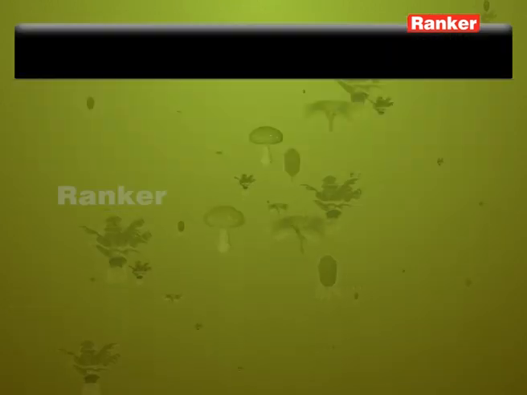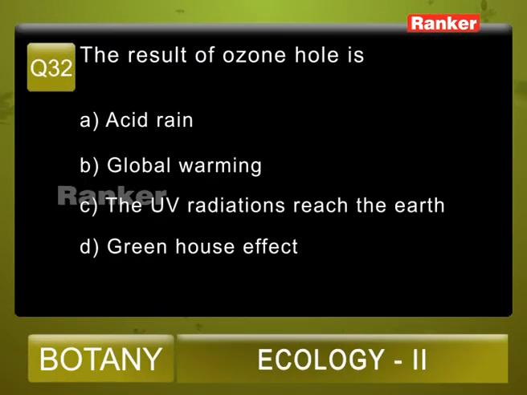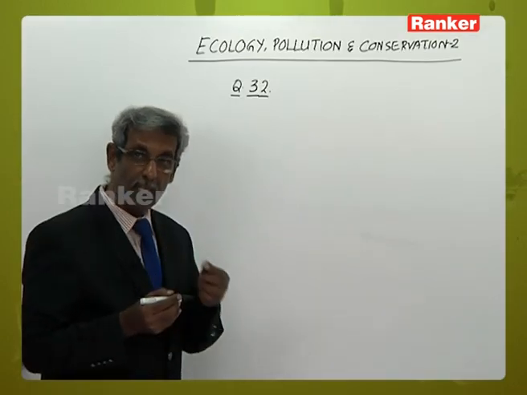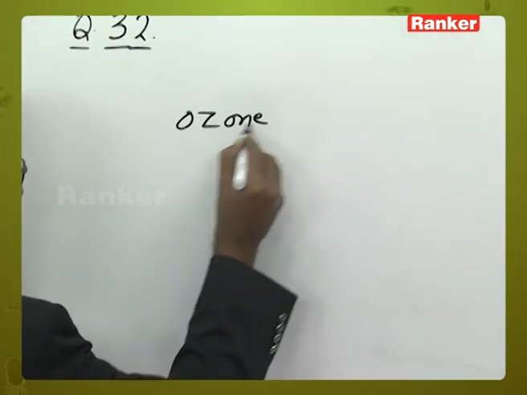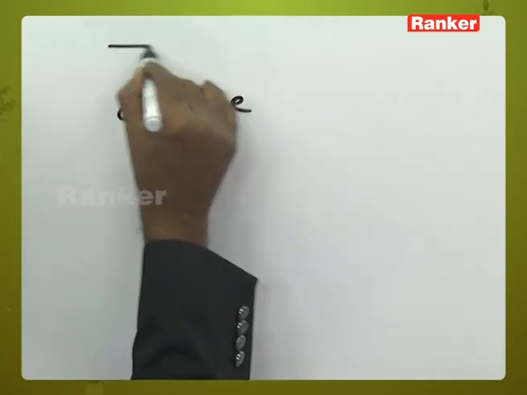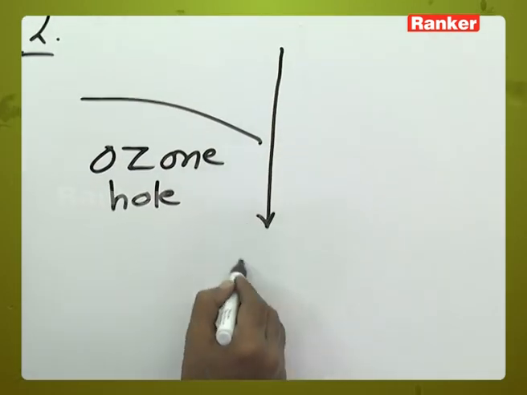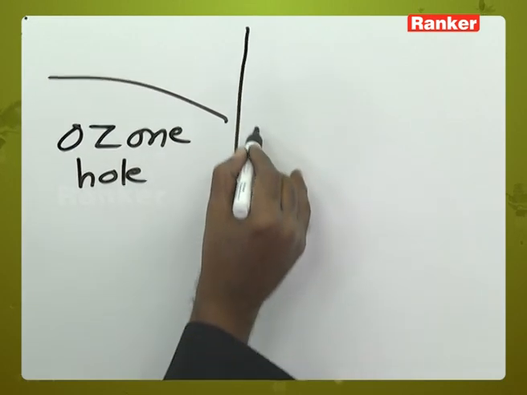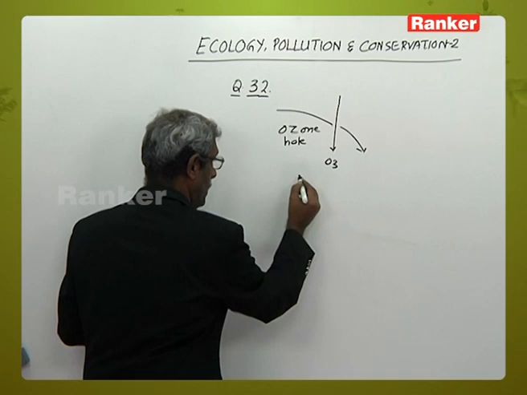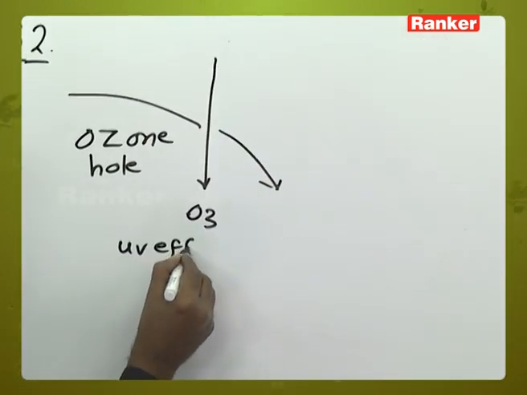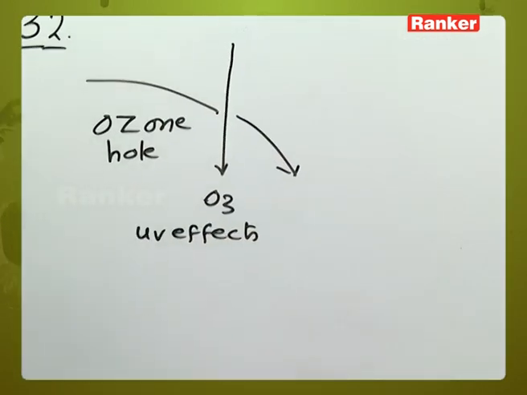Question number 32. The result of ozone hole is A. Acid rain, B. Global warming, C. UV radiations reach the earth, D. The greenhouse effect. The question asks, what is the consequence of the ozone hole? When we have an ozone hole in the troposphere, ozone penetrates and due to this UV effects, ultraviolet radiations reach the earth,